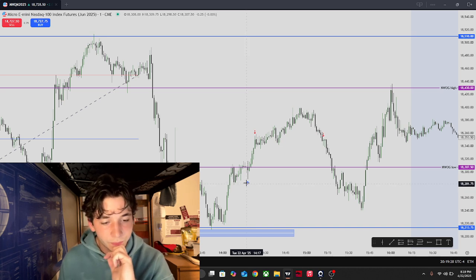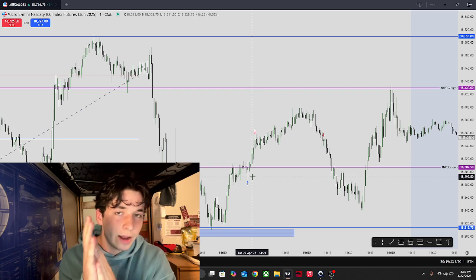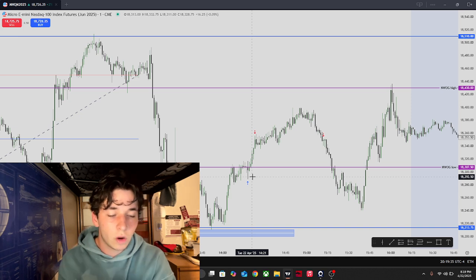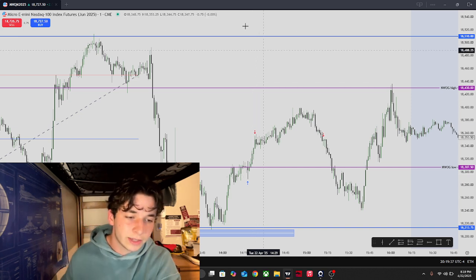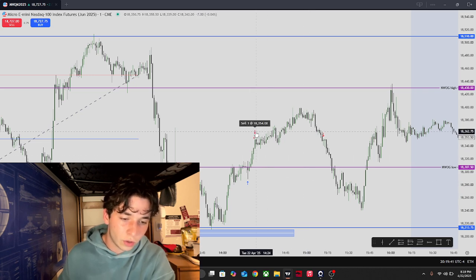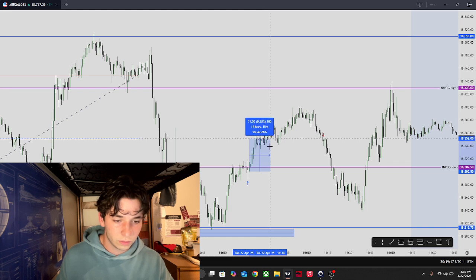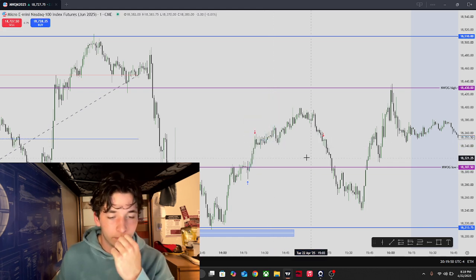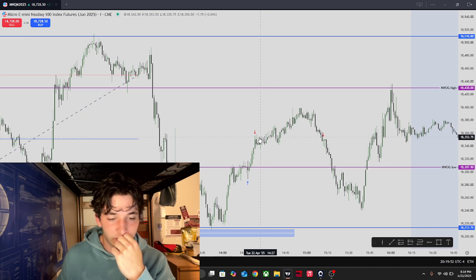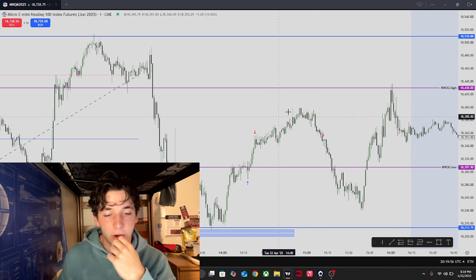I had a limit order, and so I had 2 micros because my first one I take off at 60 handles, and the second one I was going to take off over here. So I took one off right here. This was 60 handles, approximately. Right around 60 handles, and so I took off a partial there,